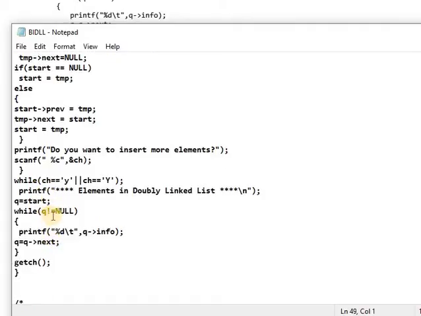Up to null, the pointer moves and the elements are displayed one by one. The q arrow next means the q pointer moves from one node to another, which in short is an increment.